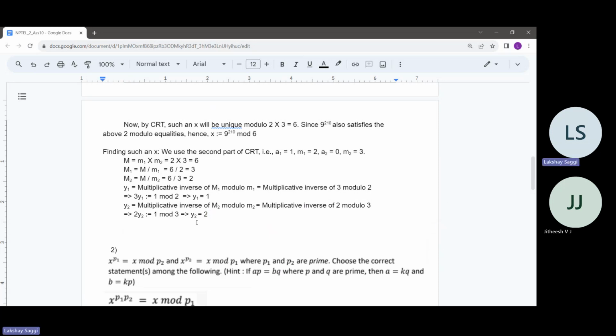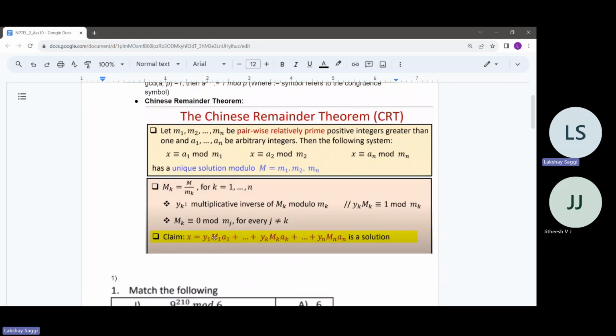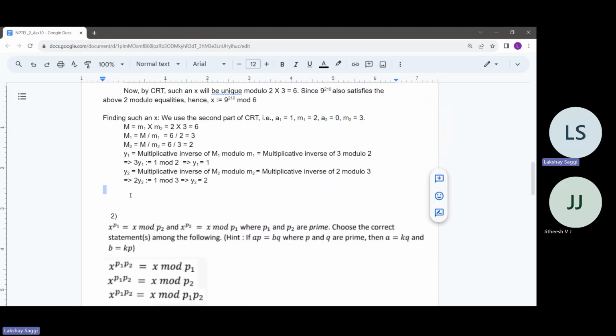Now we are sort of done. We have obtained y2, y1, m2, m1, a1, and a2. Then what's the value of x? x is y1 m1 a1 plus y2 m2 a2, up till yn mn an. And here n equals 2 only. So x is equal to y1 m1 a1 plus y2 m2 a2,